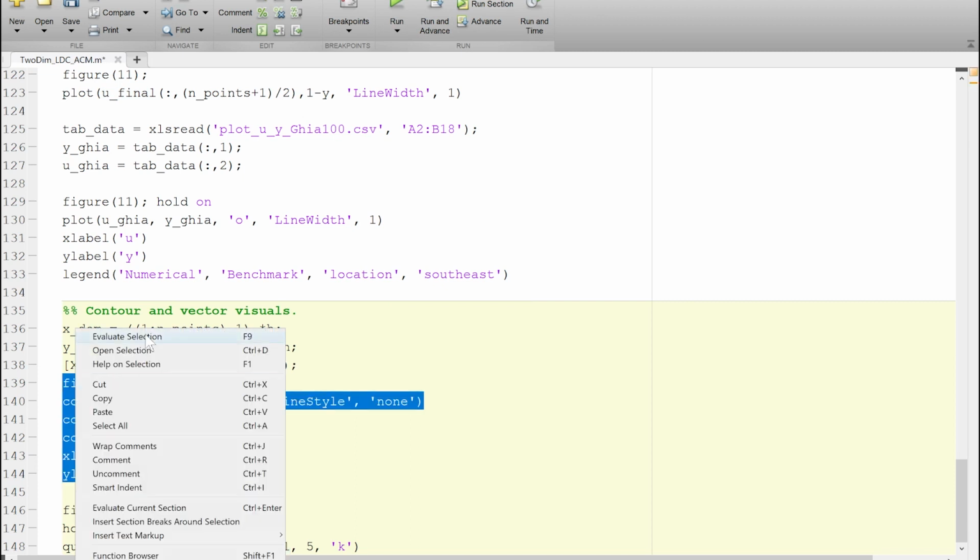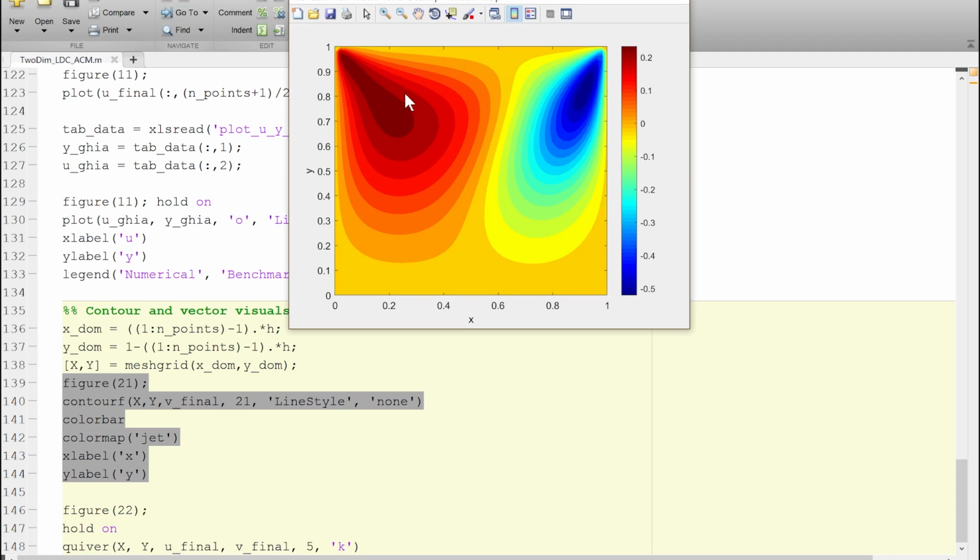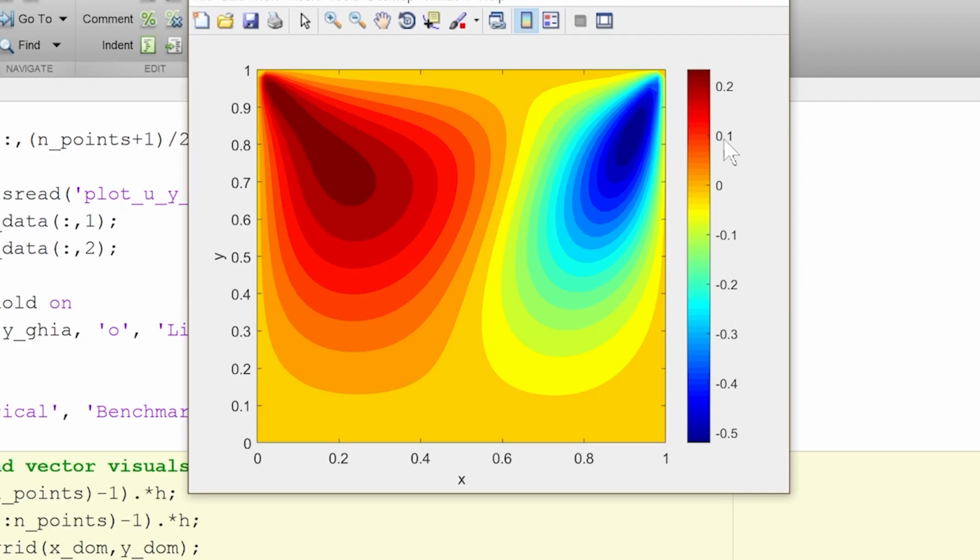So I can do the same. I can use the same command and put the V velocities on top of that. And you can also see in the V velocity, you have one region where the V velocity is positive and one region where the V velocity is negative. So you can think of it this way: because the lid was moving from left to right, the fluid here would primarily be going in the positive direction. And because the fluid would be accumulating here, it would experience a force in the negative direction, and therefore it would go towards the bottom, which is the negative Y direction.